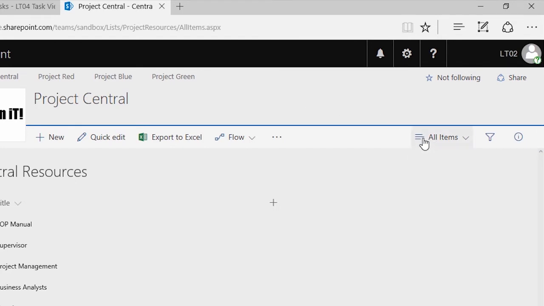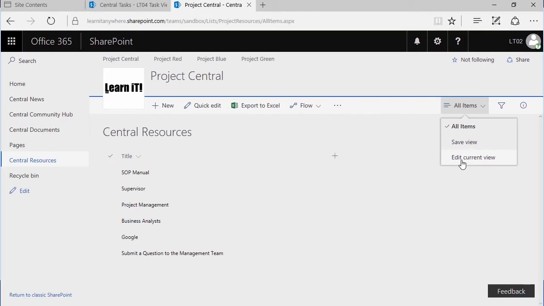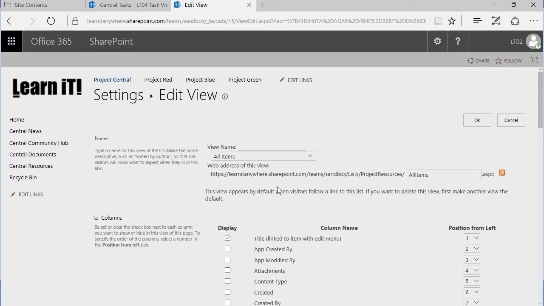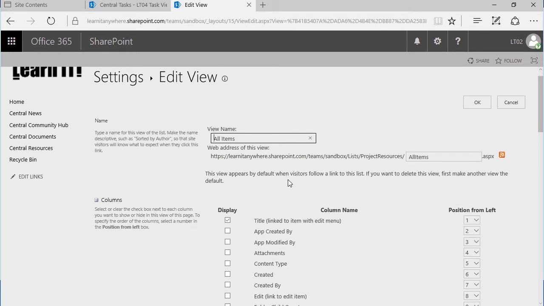So first things first, I'm going to go ahead and click on the All Items dropdown. You'll see I don't see Create View or even Modify View. I do see, however, Edit Current View. So I'll go ahead and do that. Does this interface look familiar? It should. This is the same interface that we just saw when we were creating our custom view in the